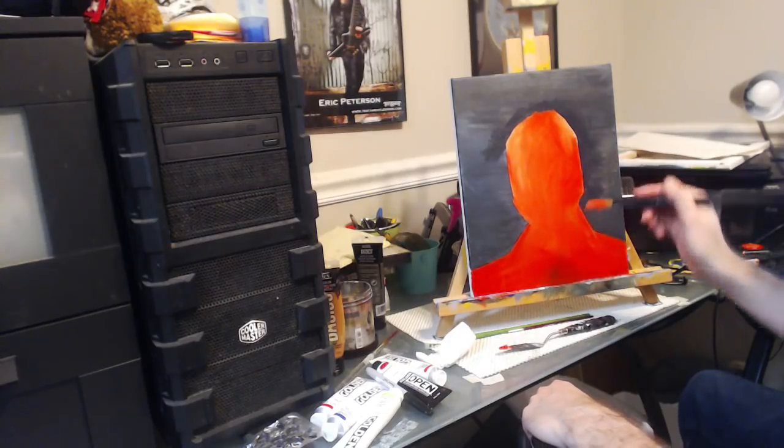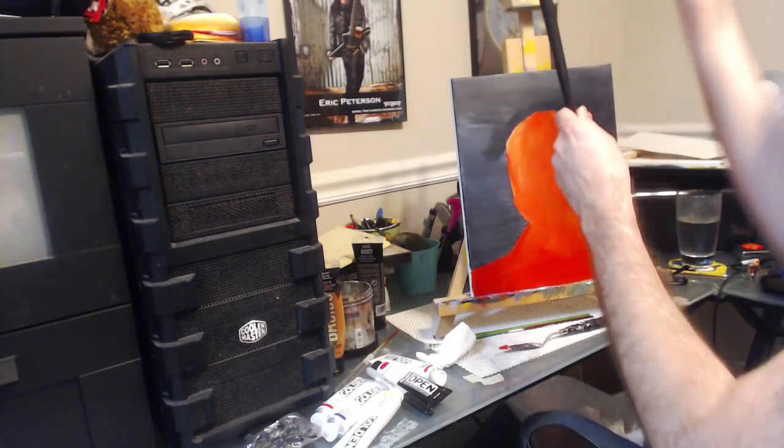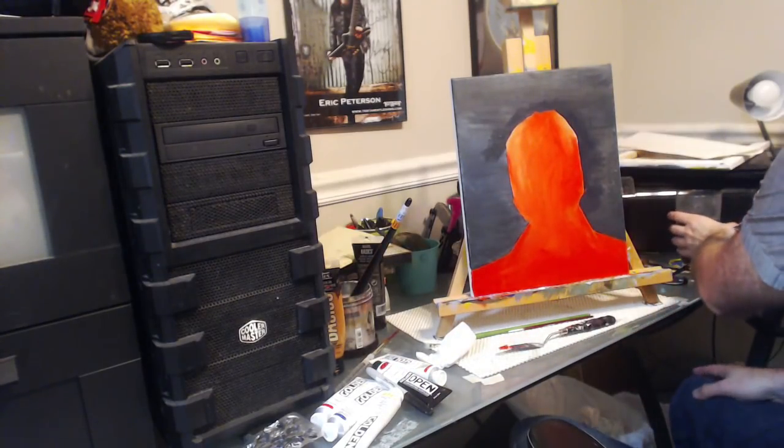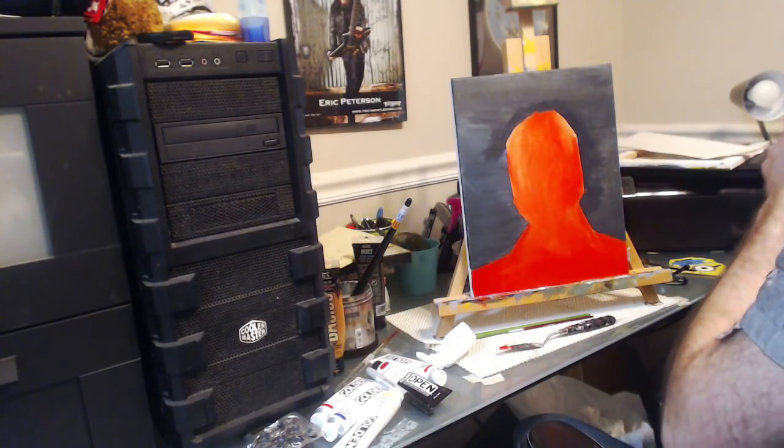So the light from this subject is going to be coming down from straight above, because the image I'm using as a reference is a mannequin, and of course they light it up like